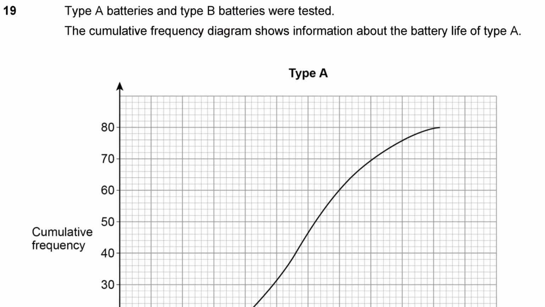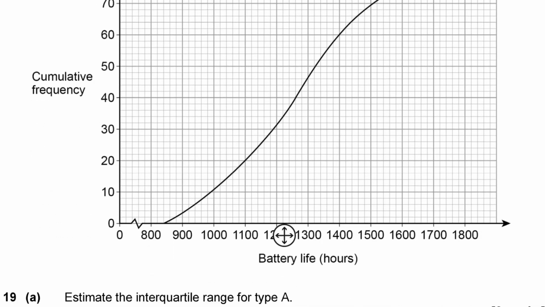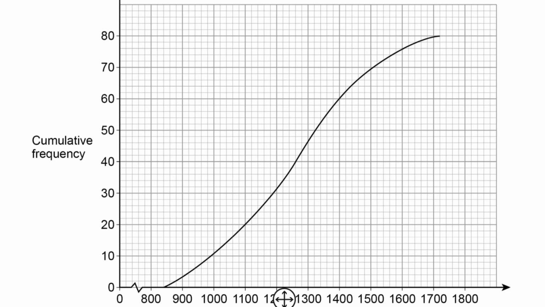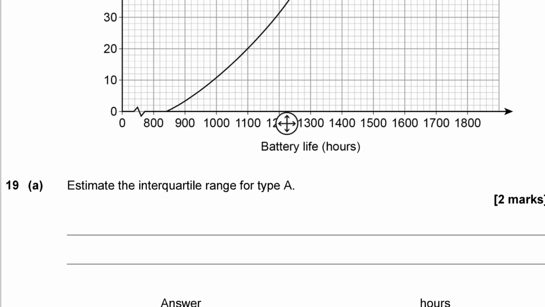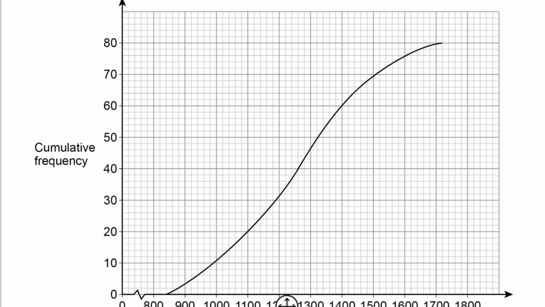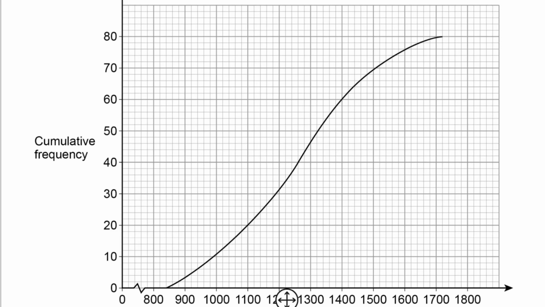Question 19. Type A batteries and type B batteries were tested. The cumulative frequency diagram shows the information about the battery life of type A. And we can see it's got one of those distinctive S-shaped cumulative frequency curves. Estimate the interquartile range for type A. Okay. Now you can see that we've got altogether, we've got 80